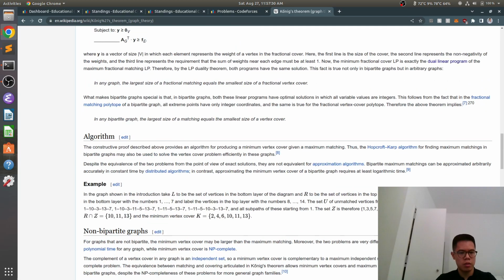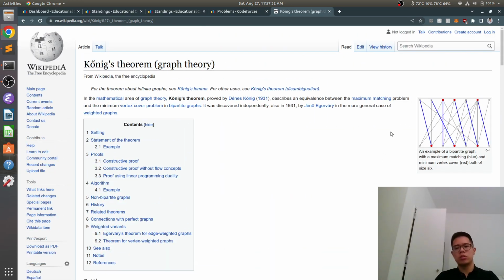There should be a corollary here. There should also be a corollary here that the minimum vertex cover contains one end of every edge in any max matching. Or is that true for any, or at least for one? I might have to think of this for a second. So